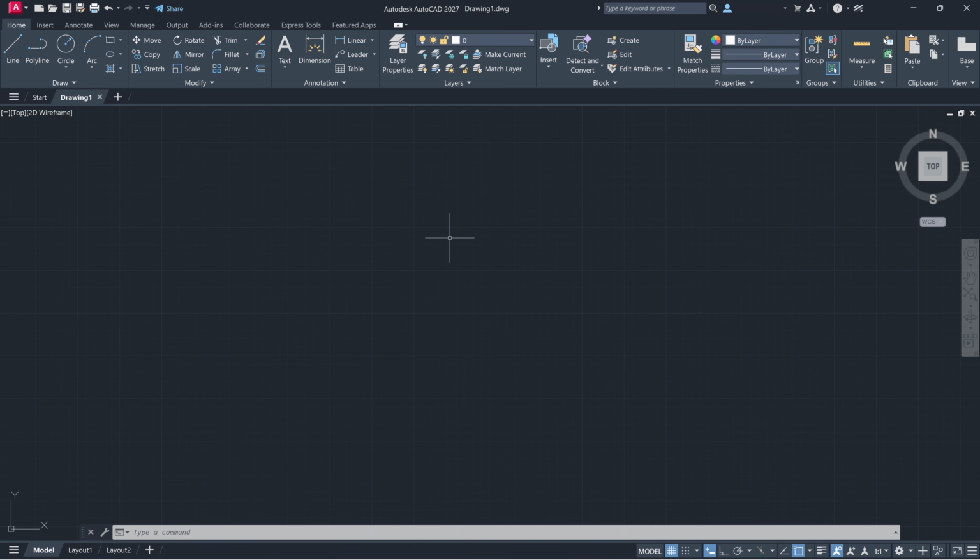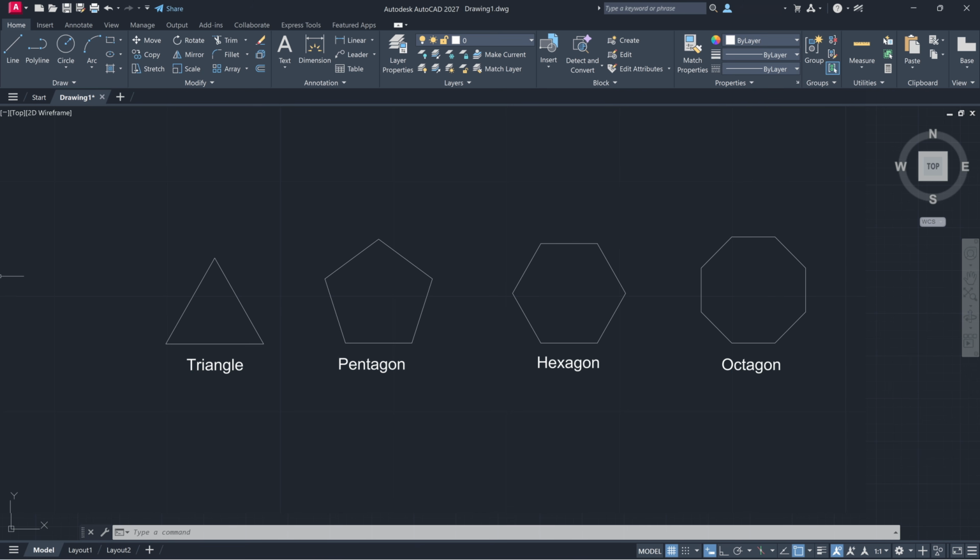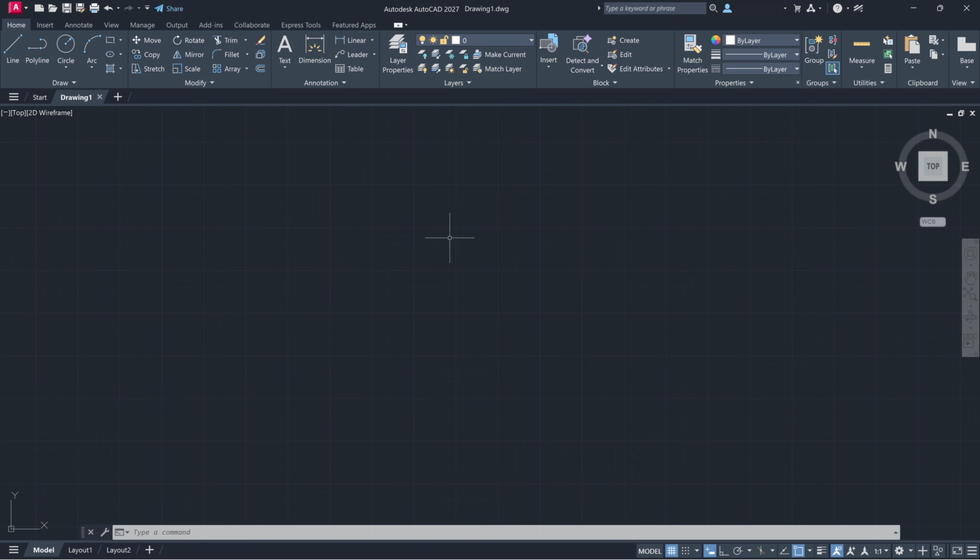The Polygon command is used to create shapes with multiple equal sides. For example, if you want to create a triangle, pentagon, hexagon, octagon, or any other shape where all sides are equal, you may use polygons in mechanical drawings, symbols, nuts and bolts, design patterns, floor plans and symbols, and many other technical